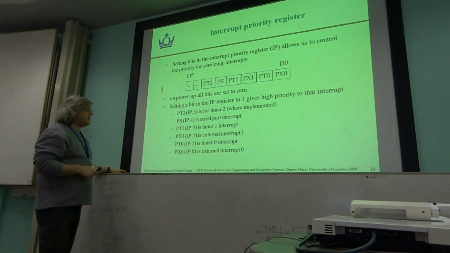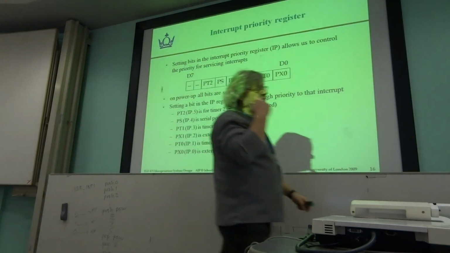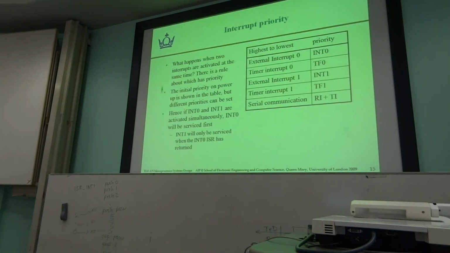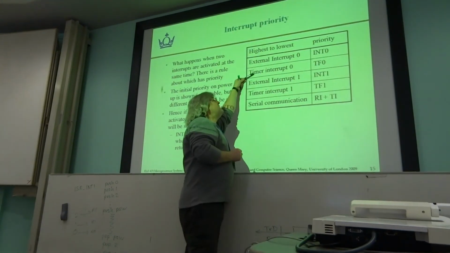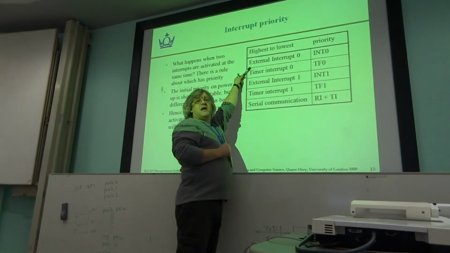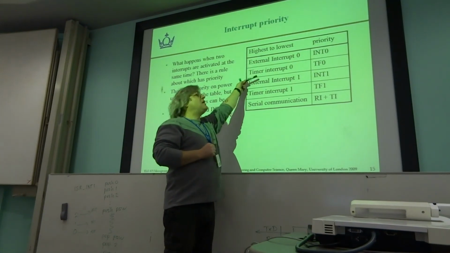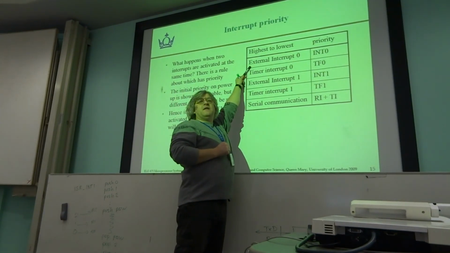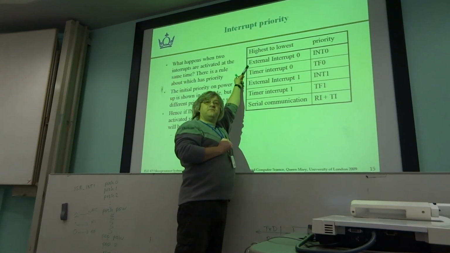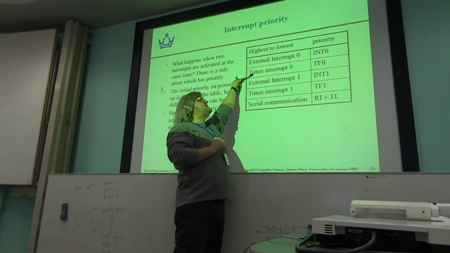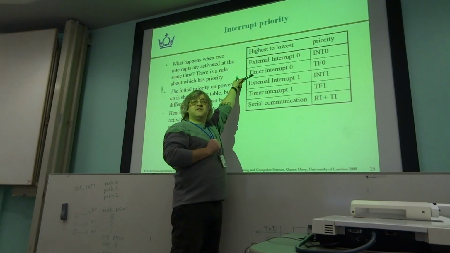Now, for example, if we go back one slide, let's say I've got two sources of interrupt, timer 0 interrupts and external interrupts. If they both happen at the same time, the external interrupt will always win and always get serviced first. But I might not want that. I might say timer 0 is more important to me than the external interrupt. What I could do is make this source of interrupt higher priority. So if they happen at the same